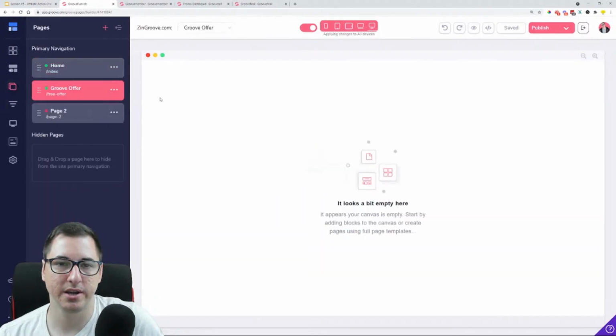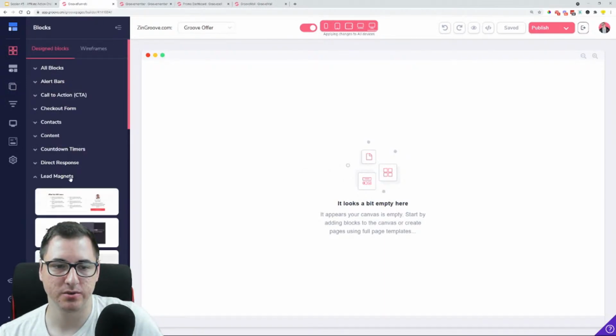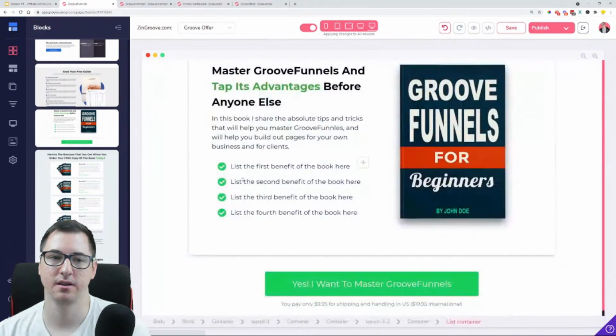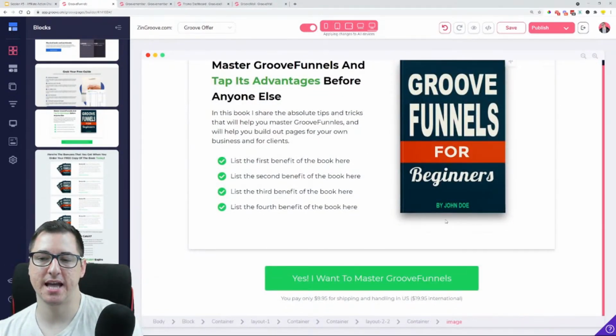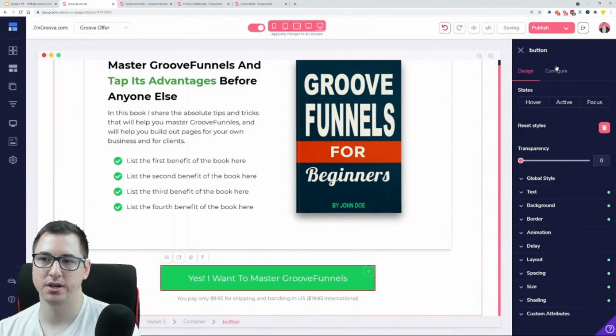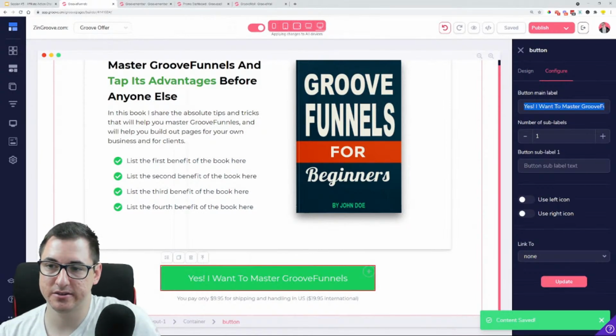And I didn't save my page earlier, so let's just do that one more time. I'm not going to do the whole thing again. I believe that was a lead magnet. We used this one. So what we did is just added here a link, and then you could use this button in order to call attention and just say